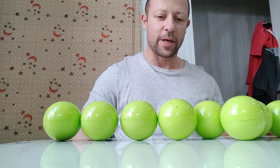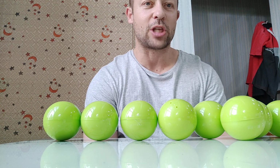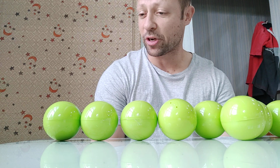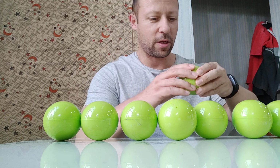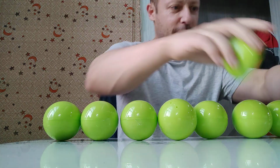I have here some Kaiyodo capsule eggs. This should be for the skeletons and the pirate range, so should have all 4 skeletons and all accessory eggs here. Let's open up and have a look, one at a time. Okay, tape's gone. So here I have a